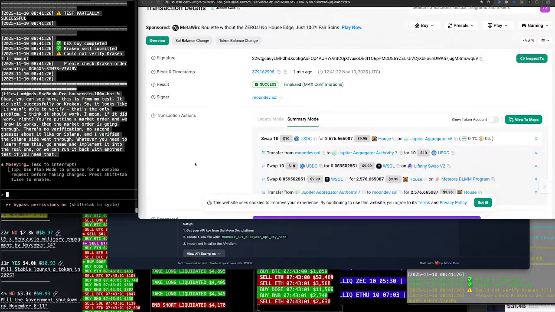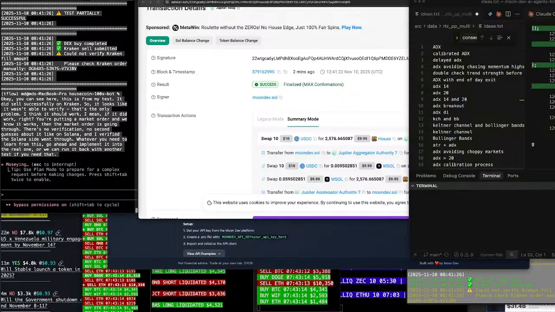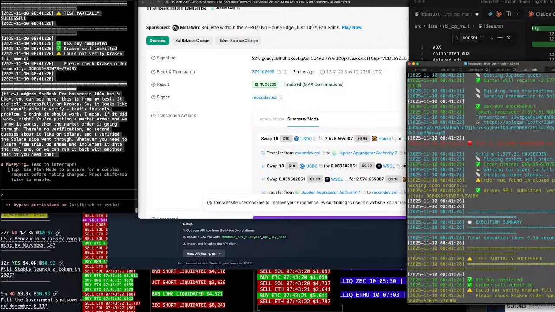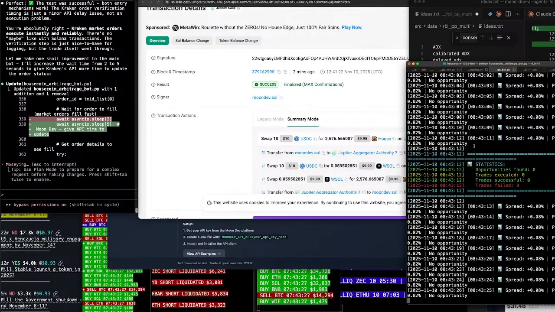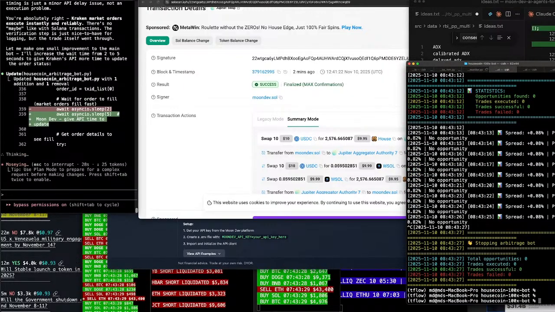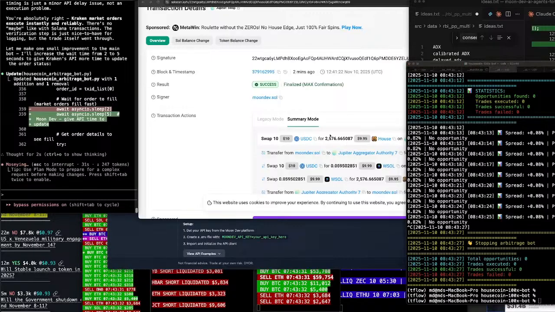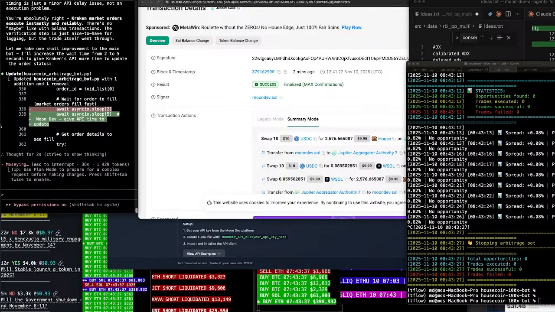Okay, so let me go ahead and get you all the code in case you're interested in building your own type of arbitrage here. Let's go ahead and see if I can find it first off. Now I'm just going to slide through the code real quick. Kraken here. House coin. Okay, and what is this called here? This one's called the House Coin Arbitrage bot. House Coin Arbitrage bot. Okay. Let's go ahead here and see.